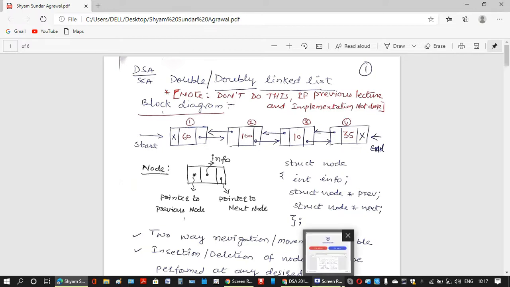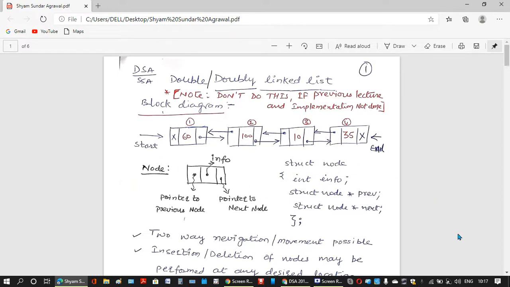Accordingly, you need to modify the insertion and deletion operations a little bit, because in that case, if you maintain the end, then if the last node is deleted or a new node is inserted at the end, the value of end will be changed. So you need some modifications, but I have not taken end in the singly linked list, and here we will take it so that we can use these previous values also for reverse printing, etc.